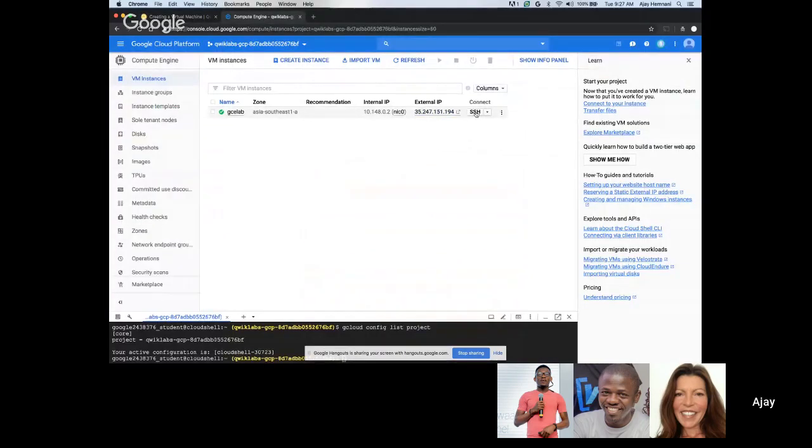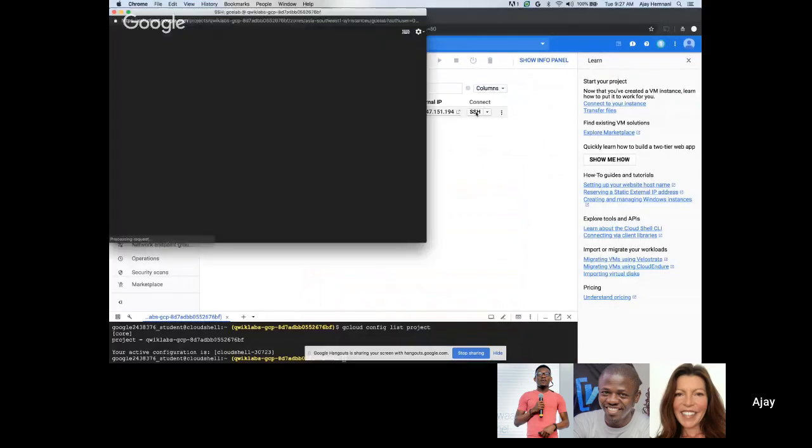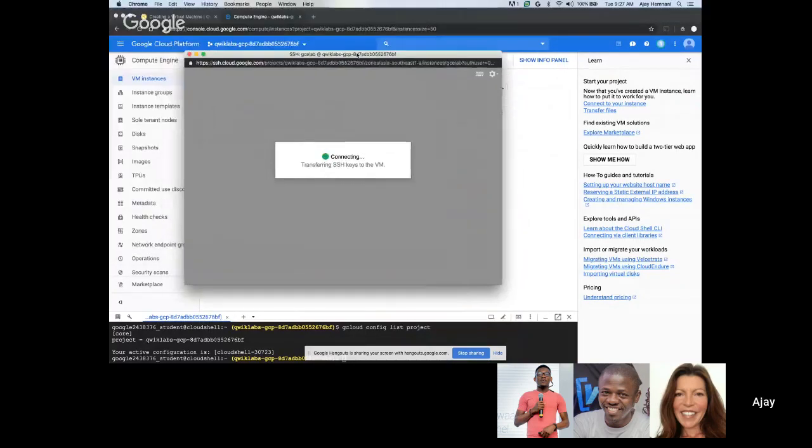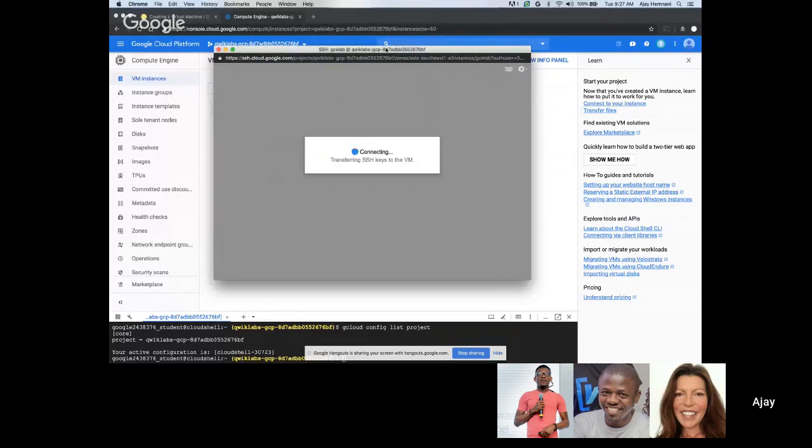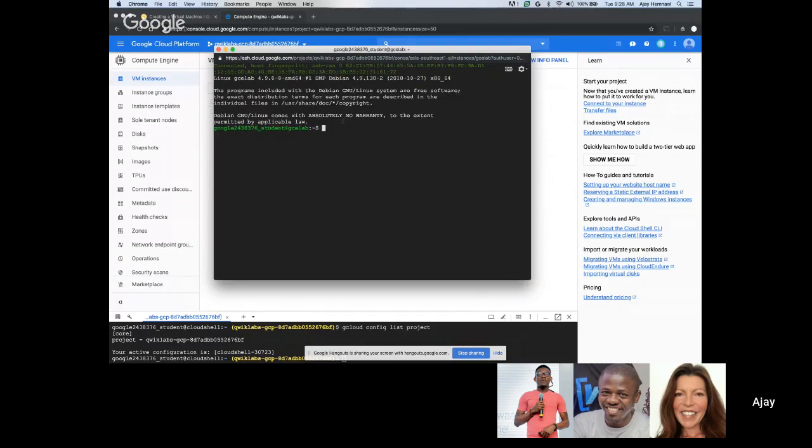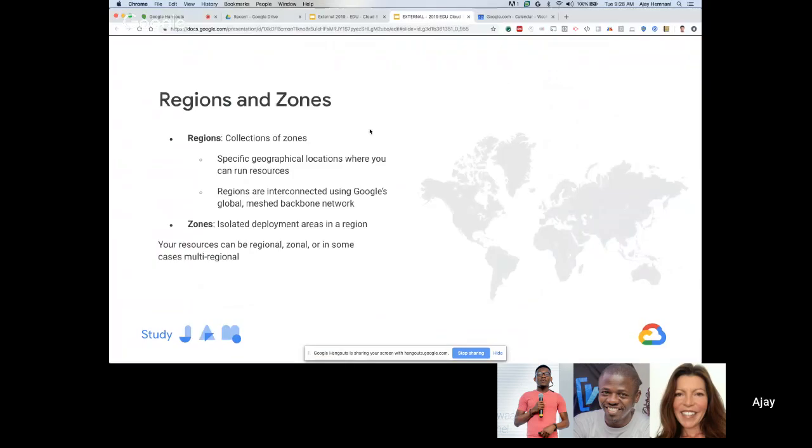Ta-da! My Compute Engine is up, and so I'm going to SSH into that. It creates a new command shell prompt window, and it's connecting into that virtual machine. It'll take a few seconds to generate the keys and make sure you're logged in. Okay, so once I'm logged in, I was supposed to run